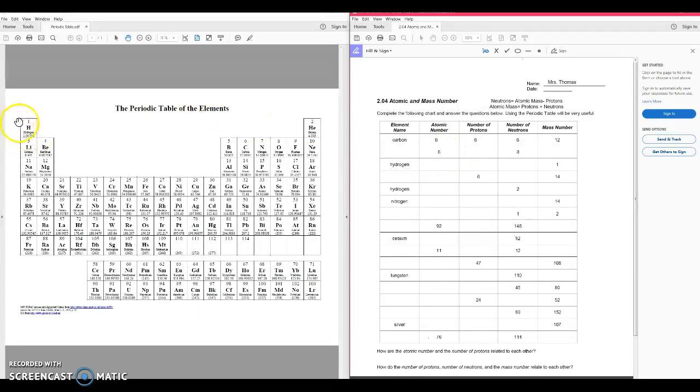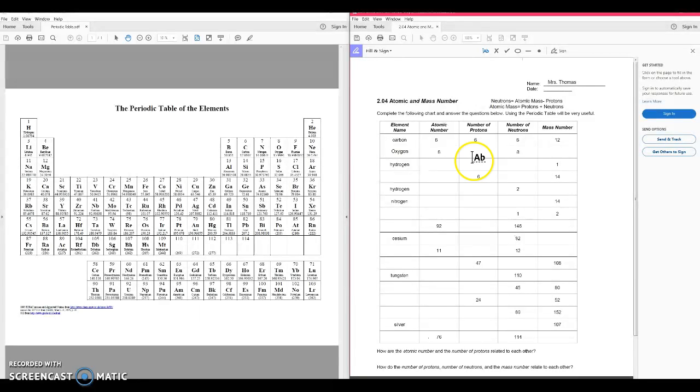If I go look at my periodic table, it's organized across in rows, 3, 4, 5, 6, 7, and 8. So that is oxygen. What I need to do is fill in this information in every box